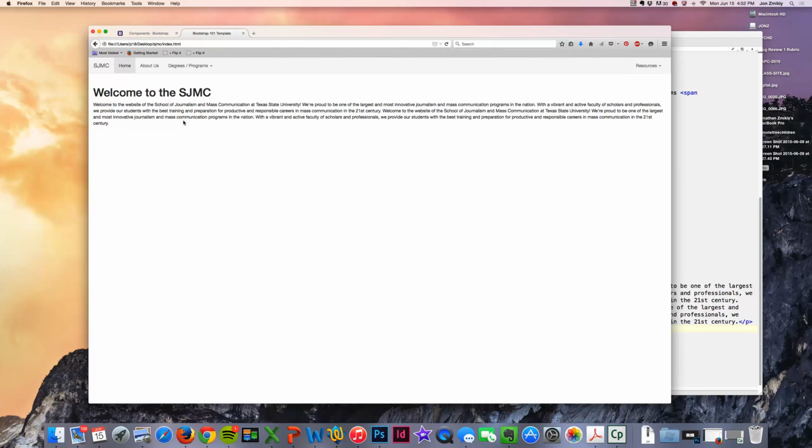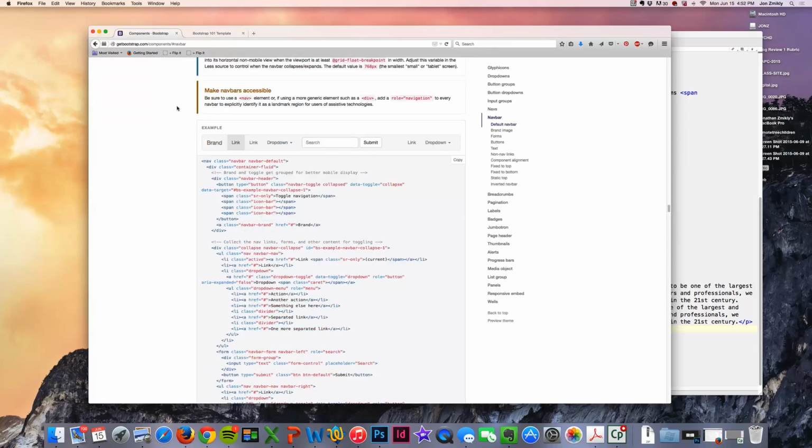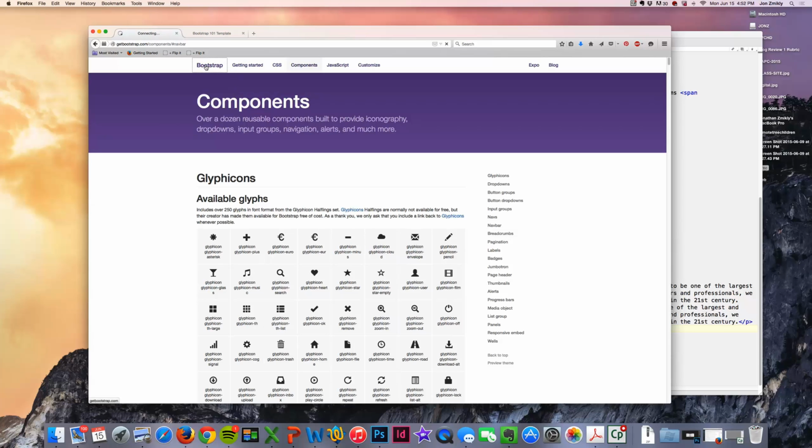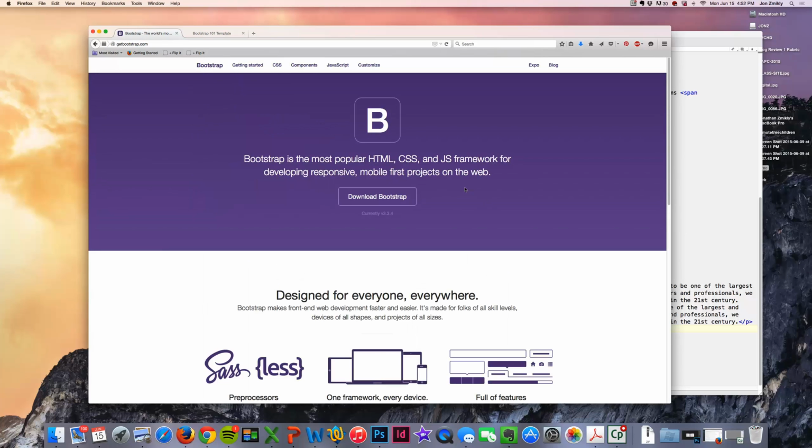And Twitter Bootstrap divides up your web page into 12 different columns, 12 imaginary columns that are behind the scenes. So if you can imagine this window being broken up into 12 different columns of equal width, we're going to try to figure out a layout that might work best for us. And so let's just go ahead and look back at the Get Bootstrap website just for an example. When I go to the Get Bootstrap website,